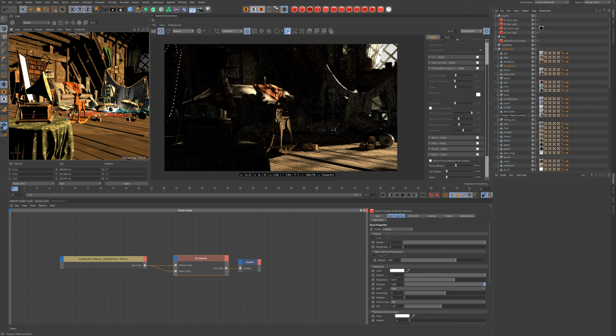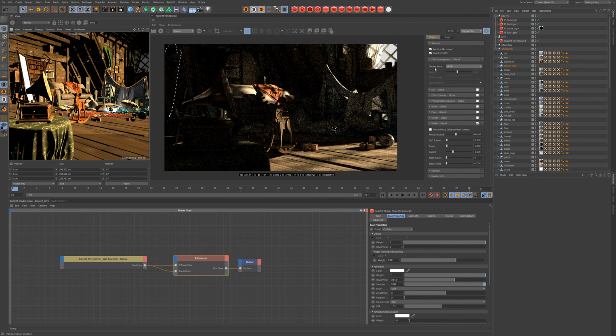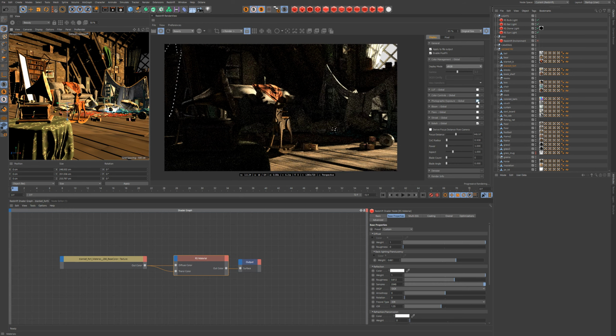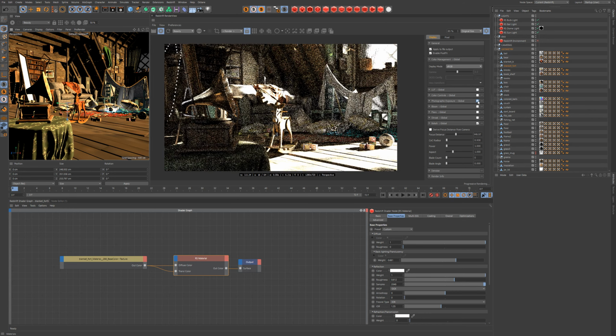Now another small extra tip is the fact that all the post effects here work in real time even when the render has been stopped. So to show you this, I can really do a full render and play with it. I can have this in real time rendering, okay, or I can do something a bit more weird. I'm going to show you in a few seconds, but first let's enable the photographic exposure,